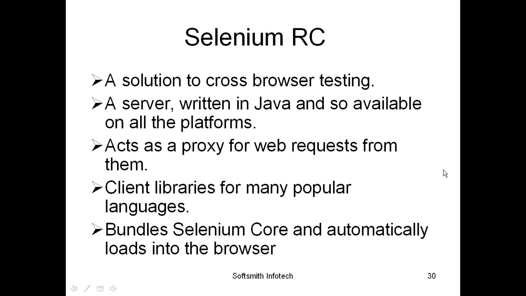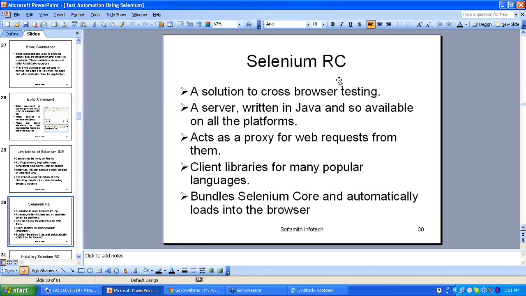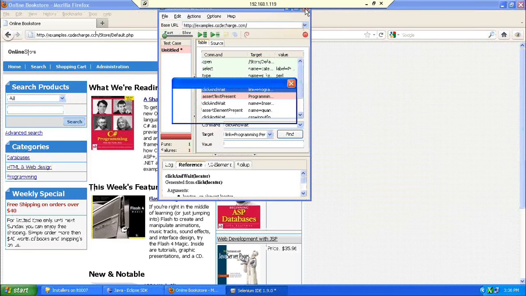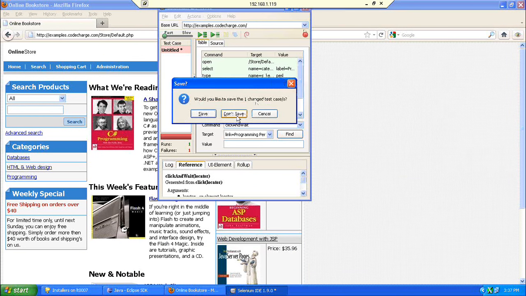So Selenium RC will help me to generate the script in various other languages. For using Selenium RC, there are certain prerequisites.